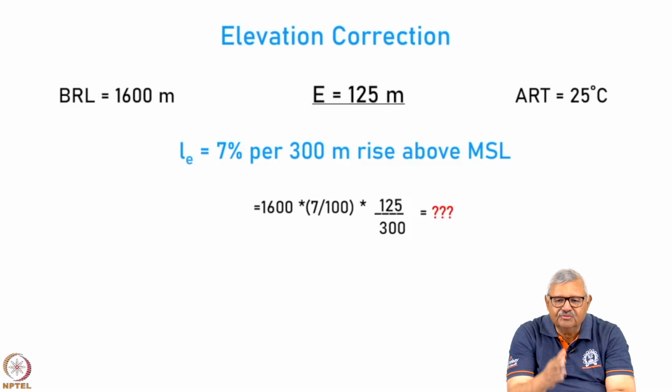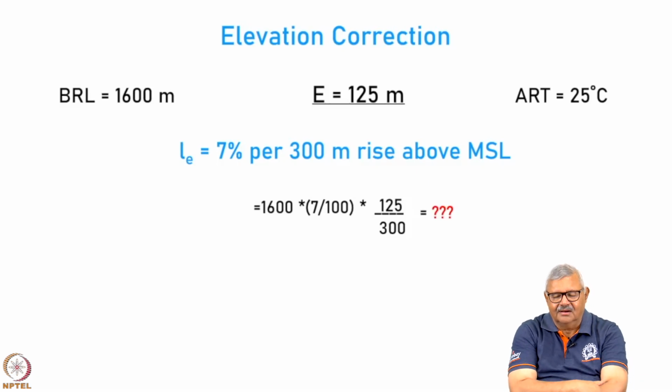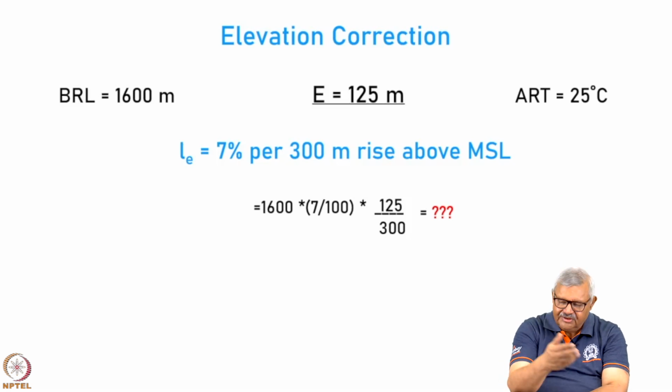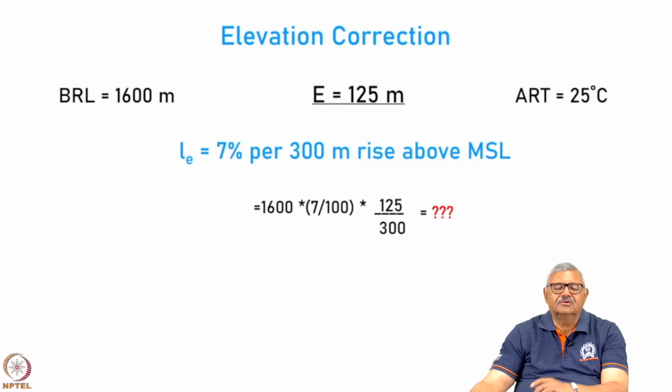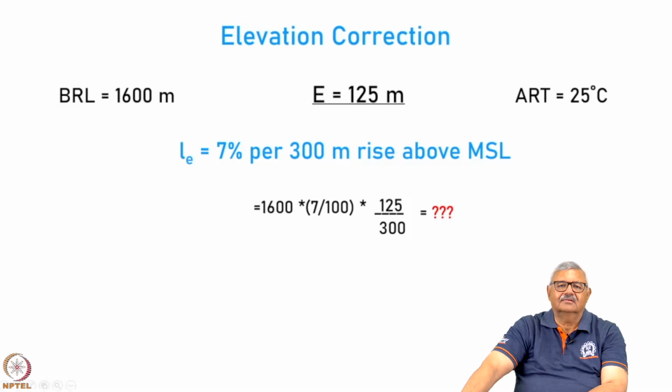Now, wherever you see these three red colored question marks in the presentation that follows, you need to pause the video and do the calculation, get the number. Remember, when you do a tutorial yourself, that is the time when you really understand, otherwise it goes above the head. So, listeners, my request to you is pause the video here, do this calculation, and then I will show you the number, compare with my numbers. There could be errors. If there are any errors, please report to us and we can correct our presentations later. So, please calculate. Now, my value is 46.7 meters.